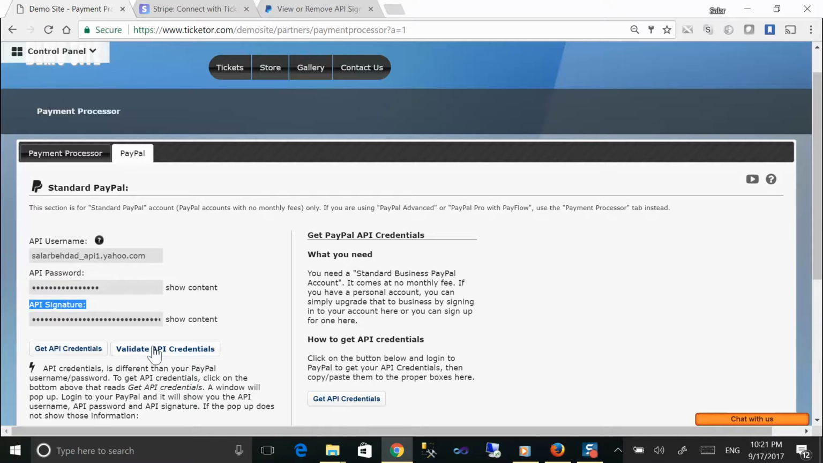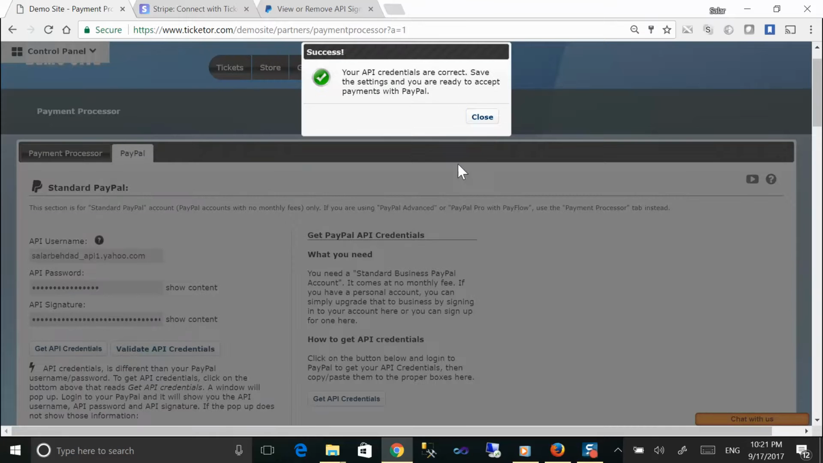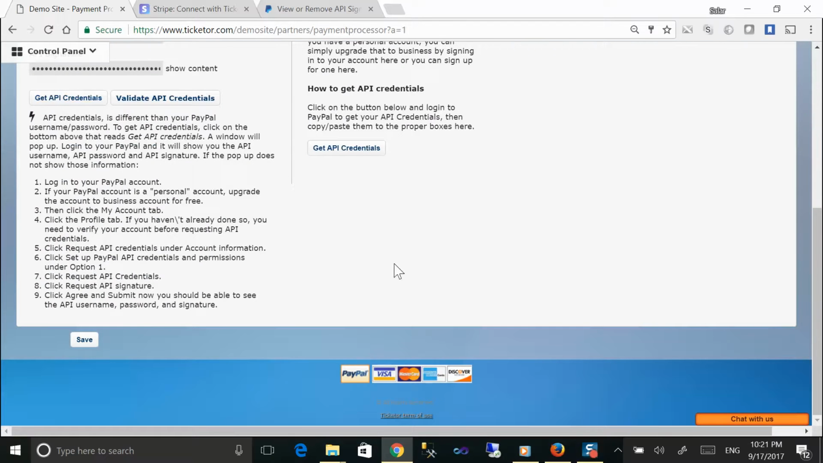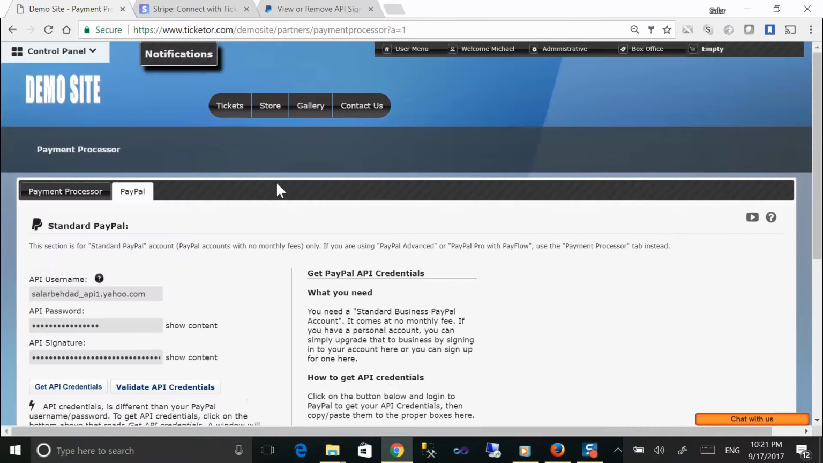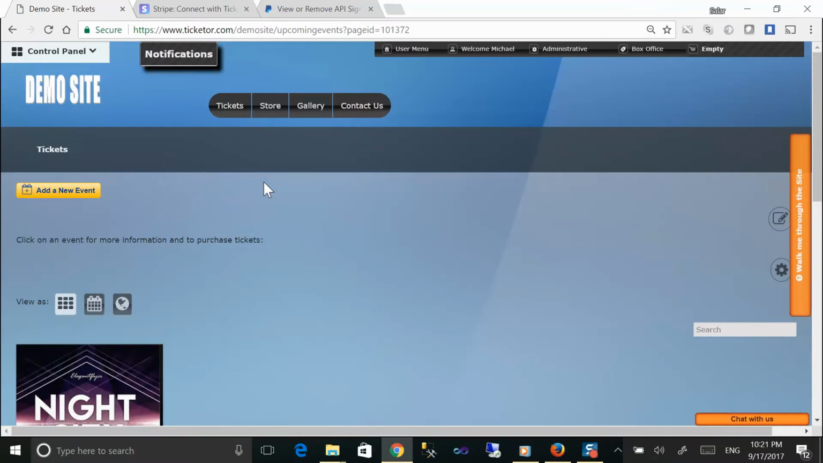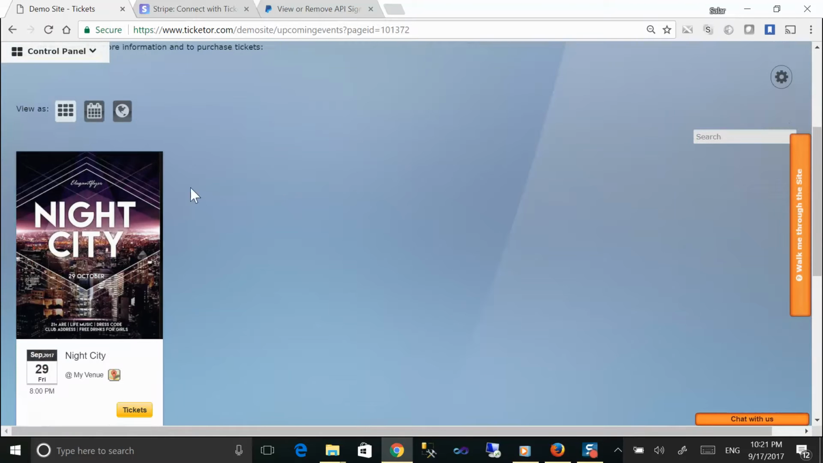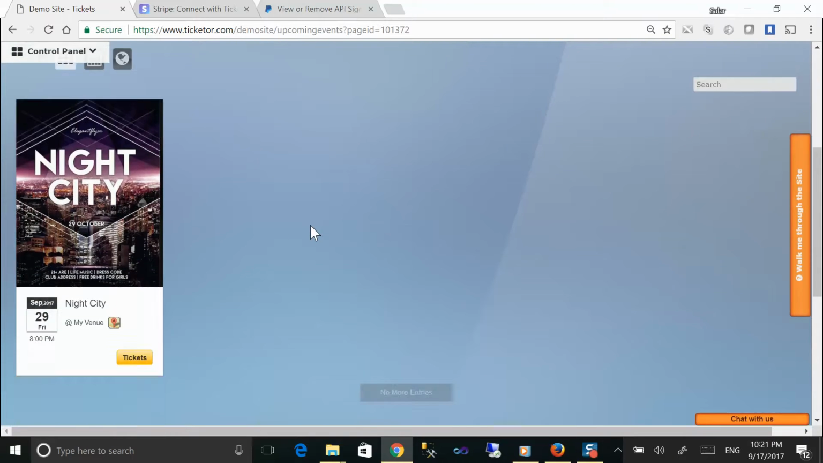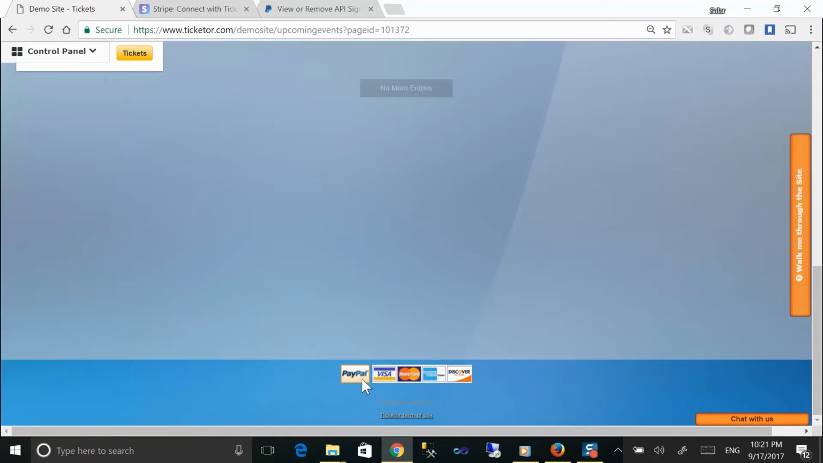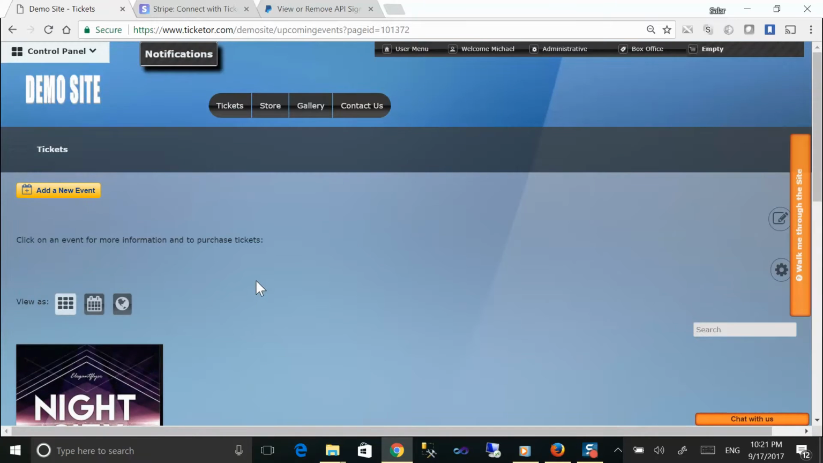Then validate and save. Now you should see the PayPal logo alongside the Visa MasterCard logos at the footer of your site. If you add both a payment processor and a PayPal account, the buyer gets to choose whether they want to pay directly on your site using a credit or debit card, or they want to use PayPal and pay through PayPal. Our ticketing site and event is now all ready, and we can send buyers to Ticketor.com/demo site to buy